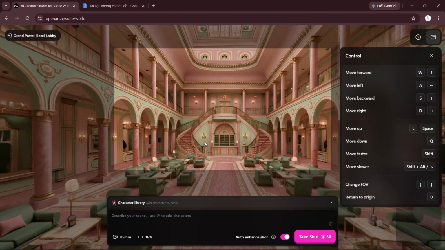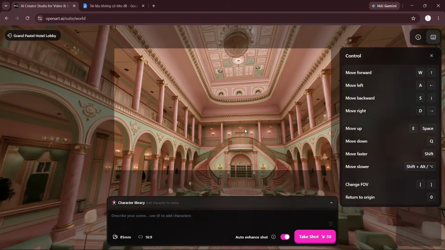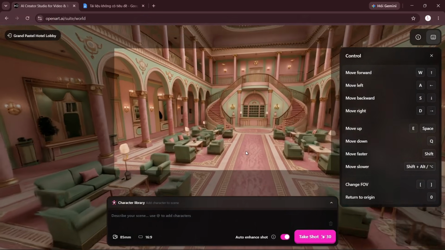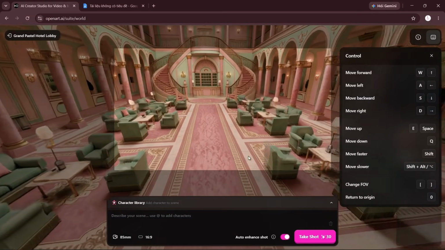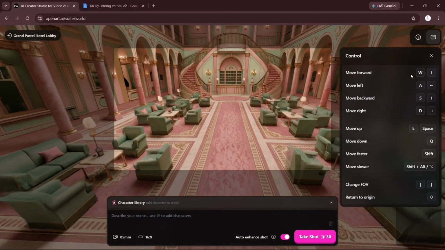My favorite part is being able to freely move and rotate the camera, just like controlling a camera inside a video game. You can use the W, A, S, and D keys to move around, combine them with your mouse to change the viewing angle, and adjust both the movement speed and the field of view to create more cinematic shots. After finding the perfect camera angle,